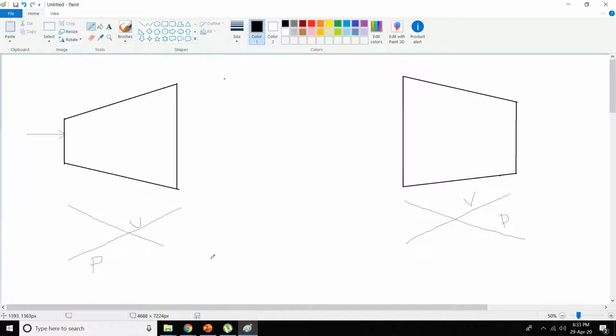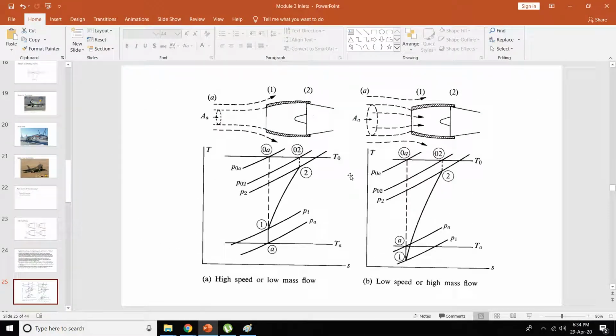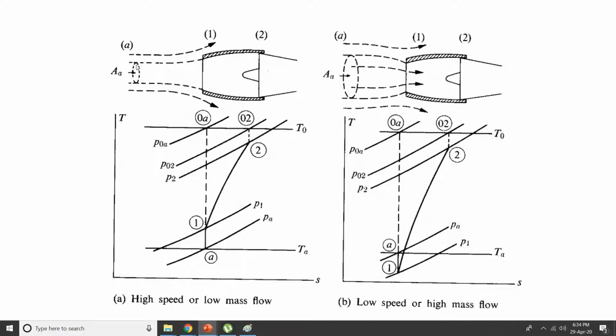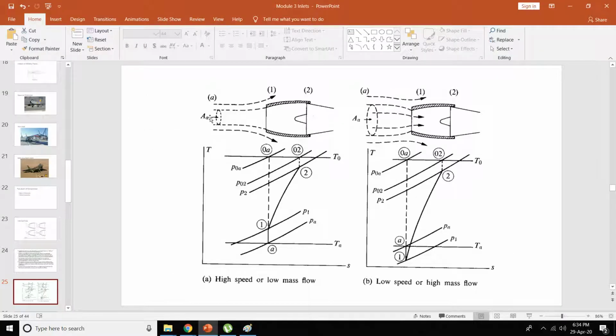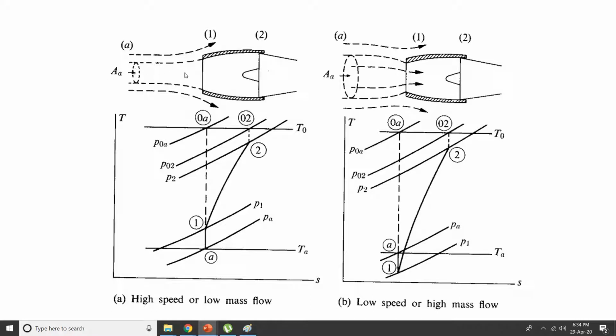For this to exist, you should have two surface areas. If the surface area at the inlet is small, the velocity will decrease. If the surface area at the outlet is small, the velocity will increase. With that same phenomenon, you can see the capture area here is smaller and here is bigger, so this will act like a diffuser. Once you come here, the velocity will decrease, from this point to this point. So from point A to point 1, velocity will decrease and pressure will increase.